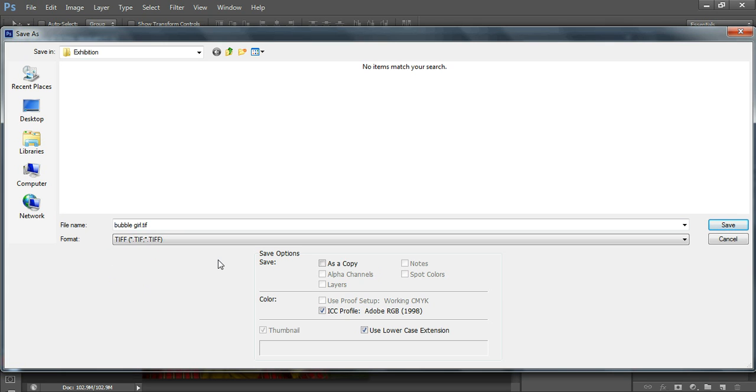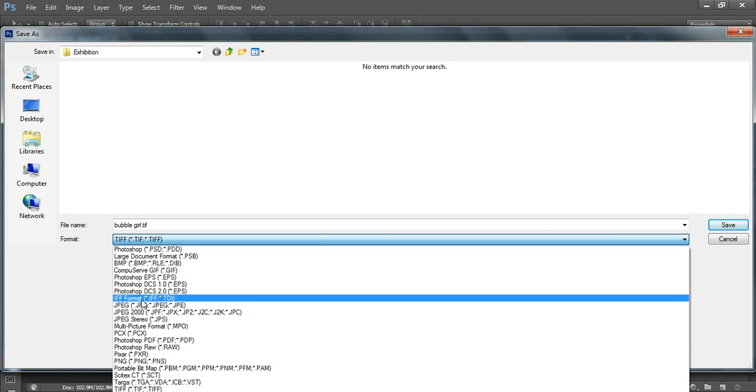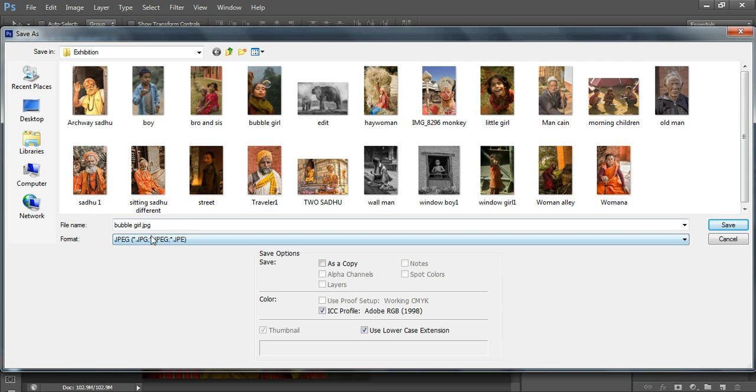Whereas if you save it as a JPEG, it compresses it, and every time you save it as a JPEG again, it'll compress it, and the file size will get smaller and smaller, and your image will get more and more pixelated, which is what you don't want. Now, as I said, a good photographer will just save it as a TIFF. A great photographer will save it as a TIFF and a JPEG, because you want the TIFF for printing,